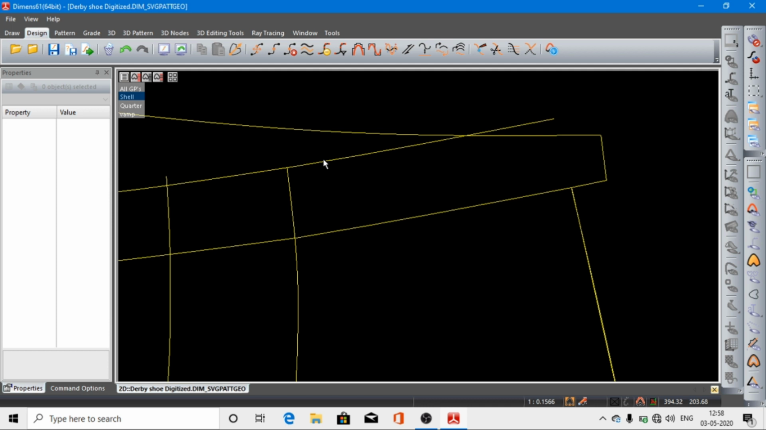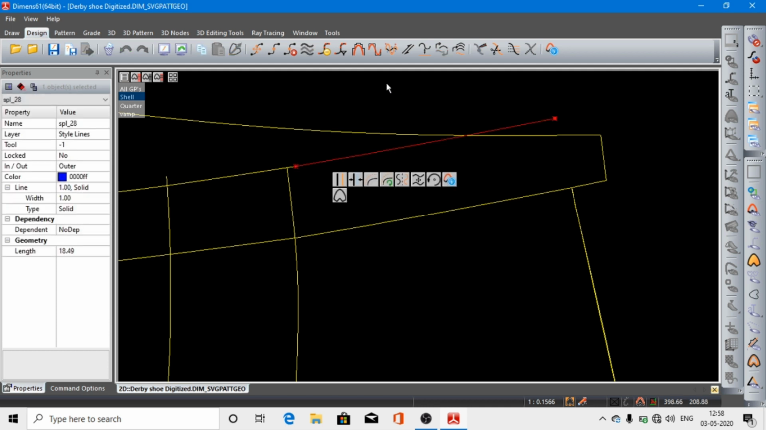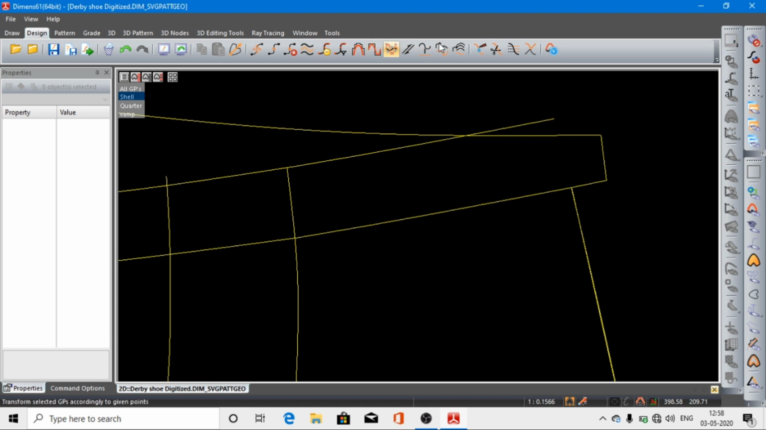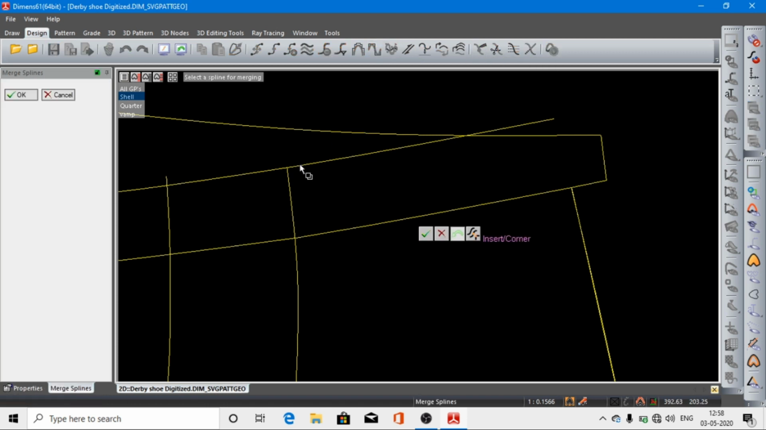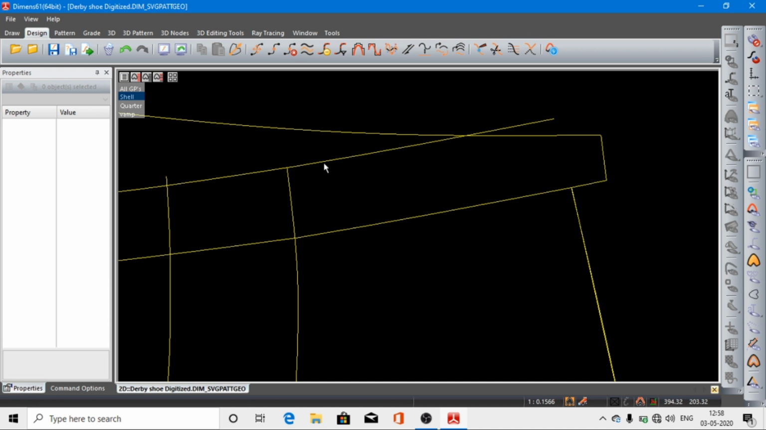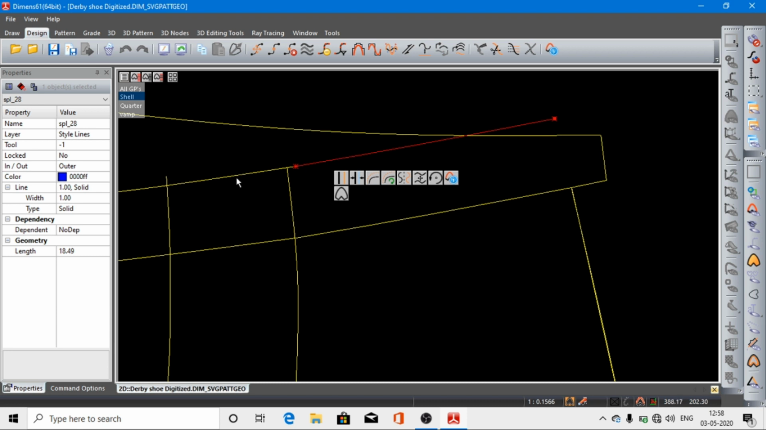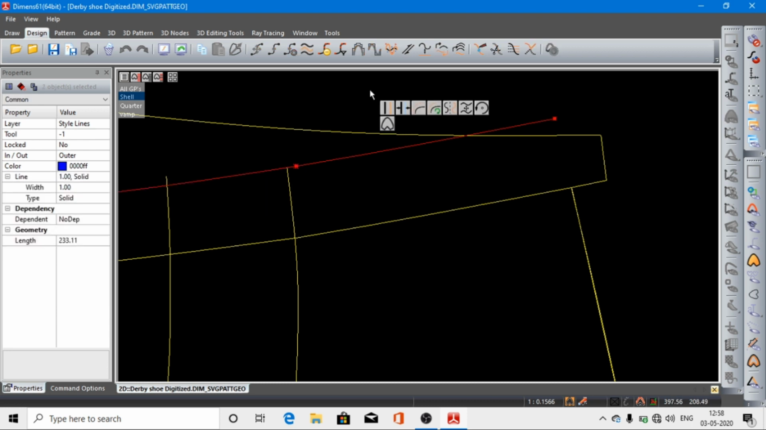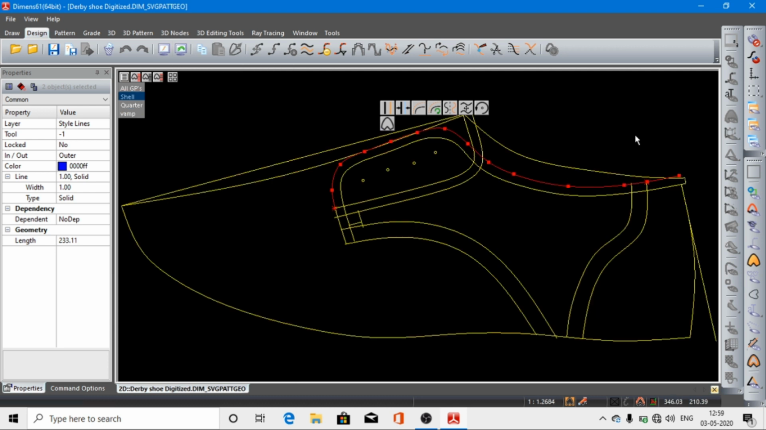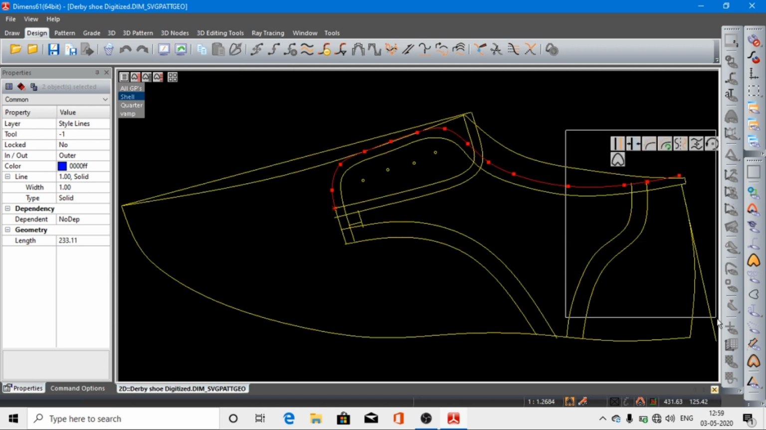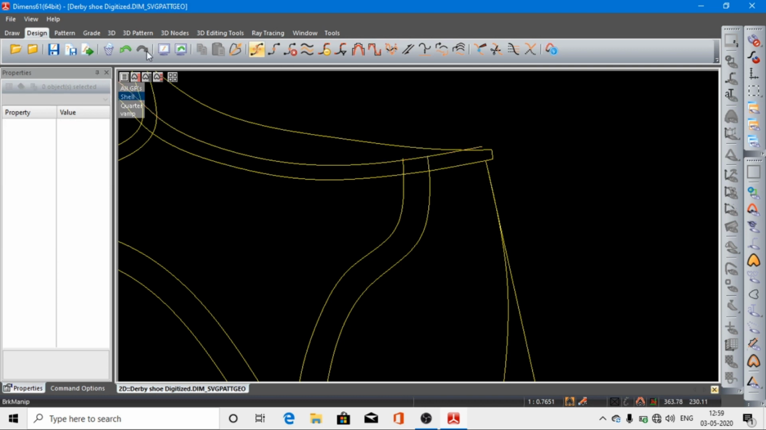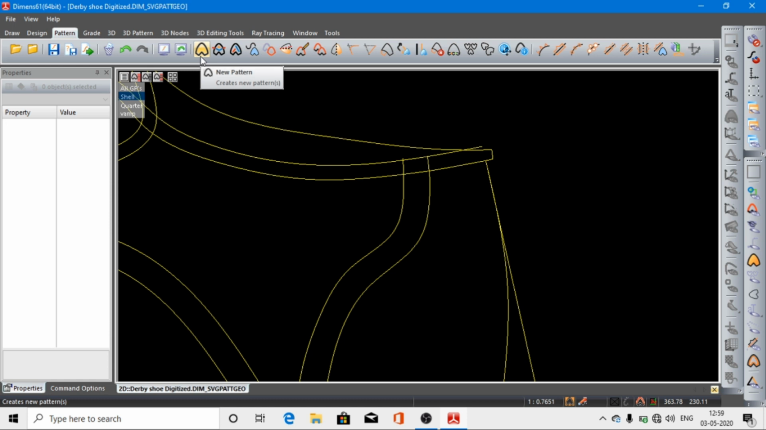left click over here, and you will go to the join spline, left click and join this, and OK. Let us check whether it has been joined or not. Left click and you will go to the fit screen. We have to right click and drag, and we will go to the pattern, new pattern, left click over here,